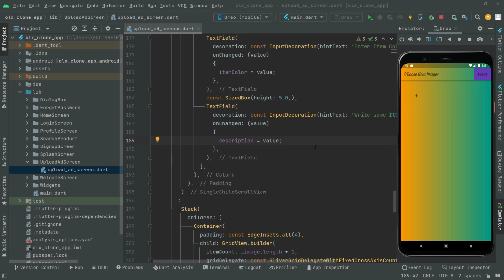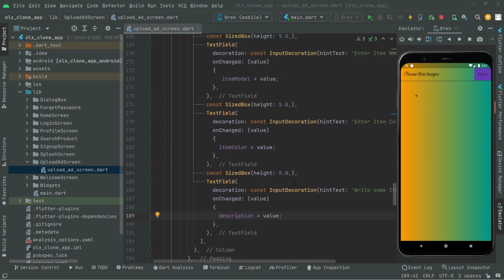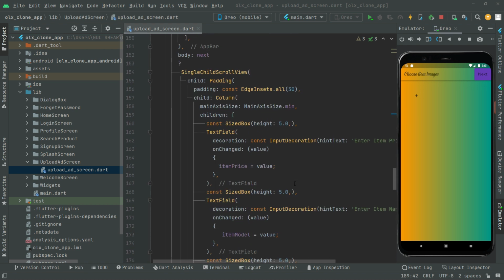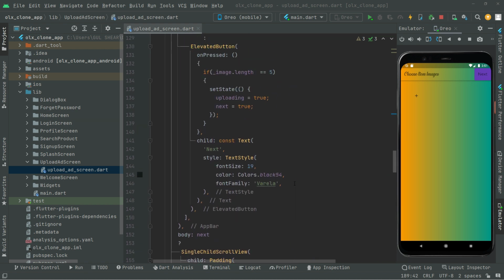Welcome back. Also, we will add another thing, which will be a toast message. If the user selects, instead of 5 images, any of the 3, 2 or 4 images, then we will show a toast message for that specific purpose, that please select any 5 images. Okay, so what we will do, we will just go above and